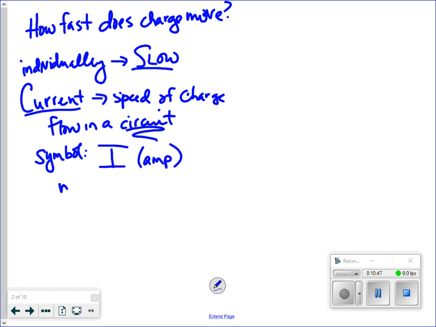We also have milliamps and microamps, which is what we did in our lab where you actually had to measure stuff and do some converting. Lots of our measurements are in these smaller units because it's easier to say that than something like 1 times 10 to the negative fourth amps. So they say something like 10 milliamps instead. It makes it a little easier. Okay, so this is the speed of the charge. It is measured in amps. The symbol is I. And then the last one,